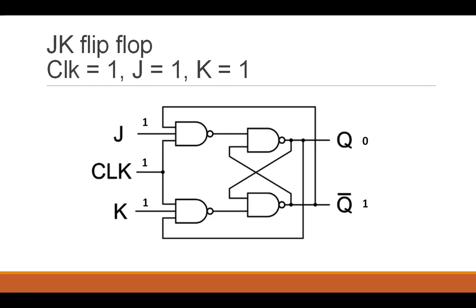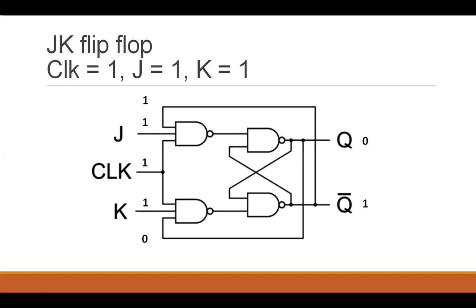Now remember in the start, and as the diagram is also showing you, that Q complement is being fed into the J NAND gate and the Q is being fed into the K. So let's show that in the circuit diagram as well. This Q complement is also shown on the line of Q complement, and Q0 is also shown below the K. Now we can evaluate that because we already have all three inputs that we need. We do not need to assume the NAND gate rule or anything.